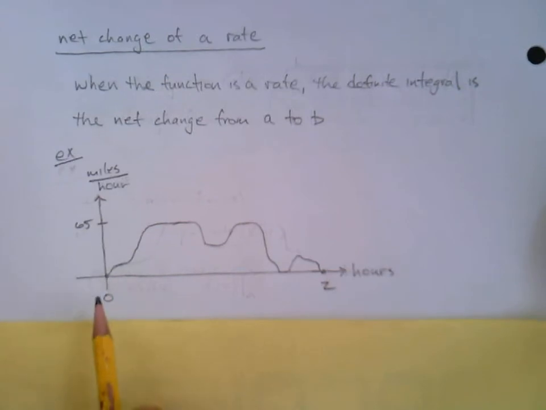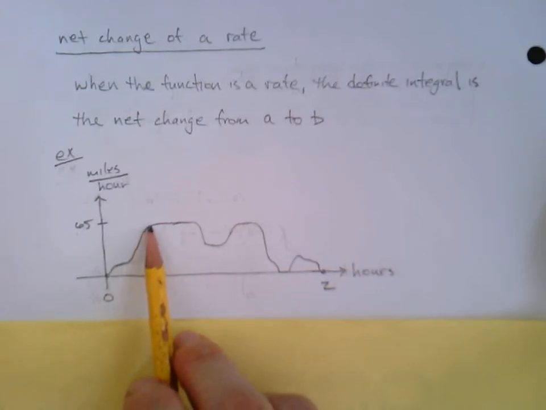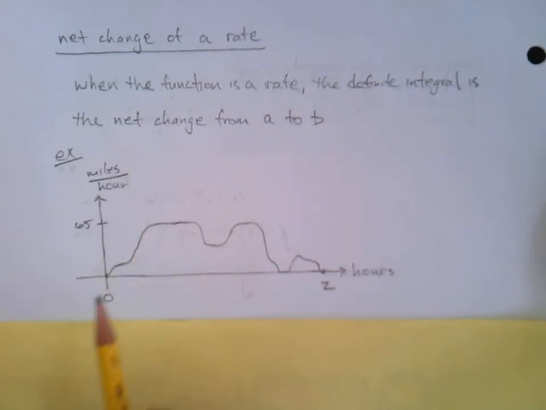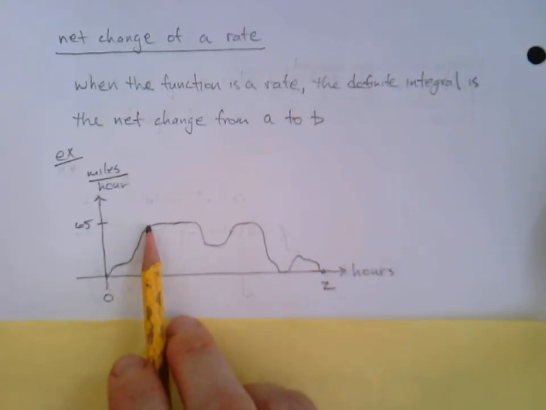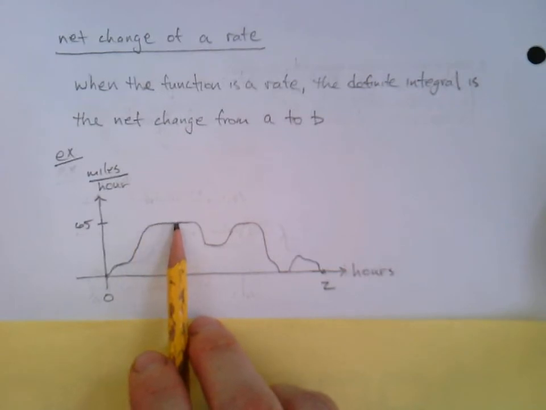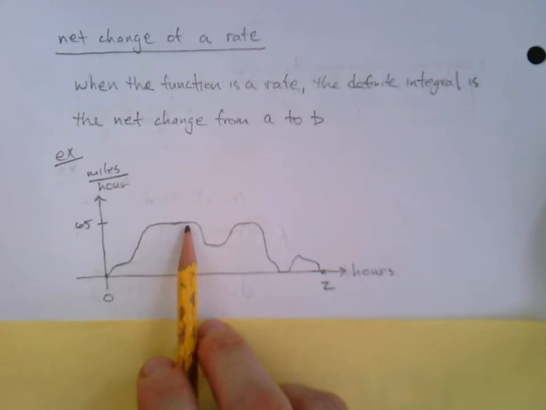What's going on here? Okay, so beginning of your trip, you get in your car, time 0, and obviously you're not moving. So then you start to move, and you're going pretty slow through your neighborhood, and then you get to the freeway, you get to the on-ramp, and you accelerate up to 65, or maybe a mile or two below. So then you're kind of at 65 for a while, time's passing, half an hour or so, and then